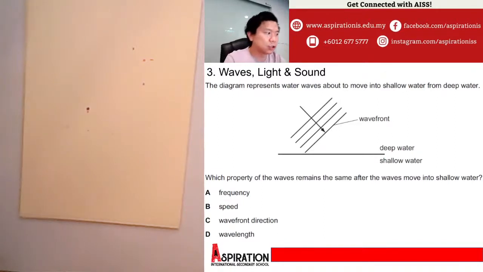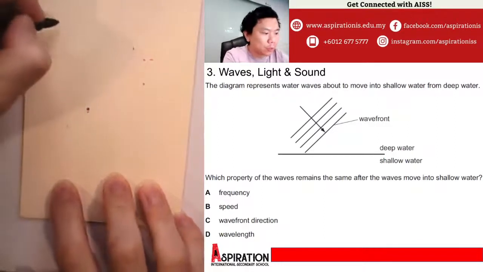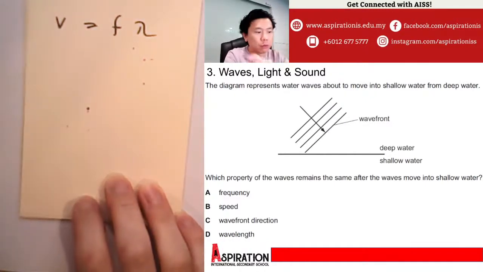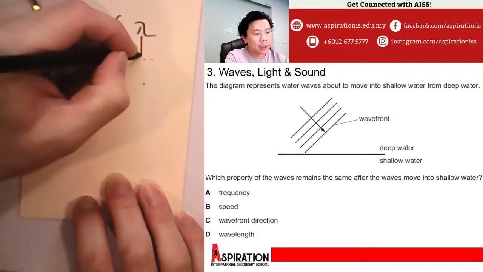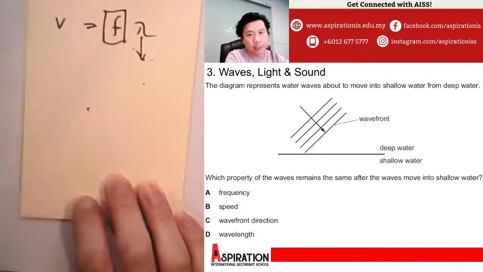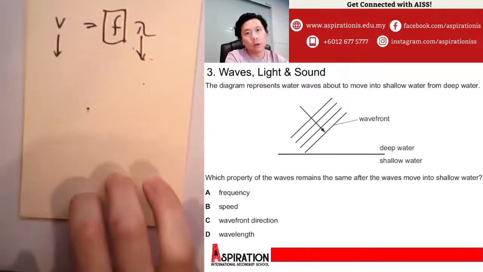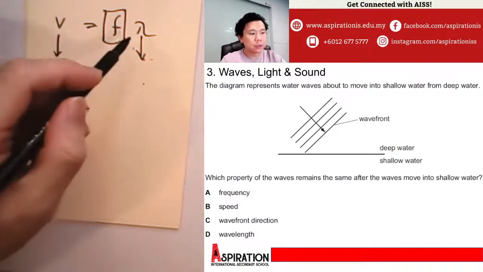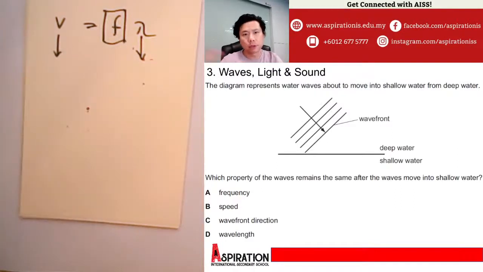Frequency does not change. Now listen here. So we have the formula v equals f lambda. Can you imagine the wave going into shallower waters? You will see that the wavelength will decrease. Now, since frequency does not change and wavelength decreases, the velocity will also decrease. So it's based on this formula. When frequency is constant, we look at the proportional relationship between velocity and wavelength. Well done. Moving on.